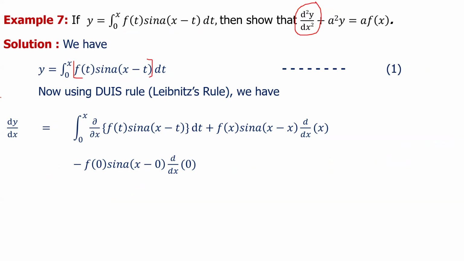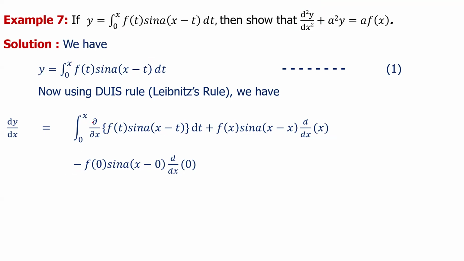So let us first apply the DUIS rule number 2, dy/dx, which is equal to integration under the limit 0 to x, derivative of f of t sin a times of x minus t with respect to x dt plus functional value of this function at t equal to upper limit x. So we have to just replace this t by x. So f of x sin a x minus x into derivative of upper limit with respect to x. So this is d/dx of x